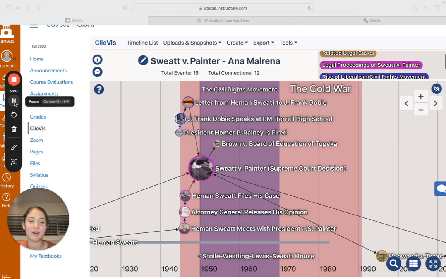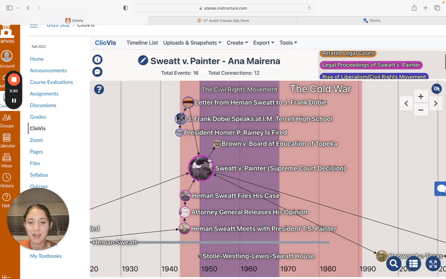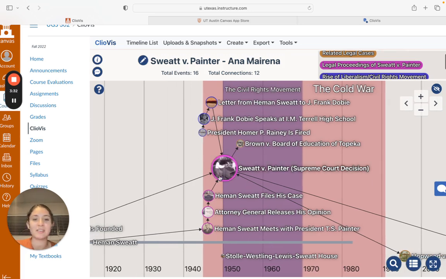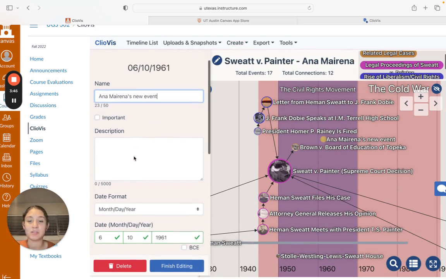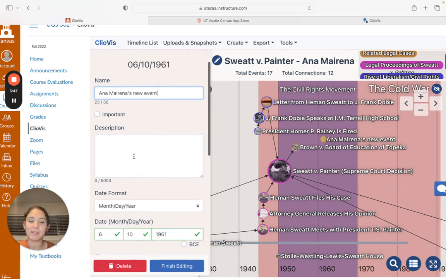So now that we've looked at how you can create your own timelines, I wanted to show you one of my past timelines. I actually created this one for Dr. Bsumek's class. I did it over Sweatt v. Painter, which was a famous court case. And so as you can see, there are little event nodes as well as eras and connection arrows. So you can add these things by coming up to this create button and then hitting create event. And then you can name that event, put a description, what happened, when was it, what led up to it,